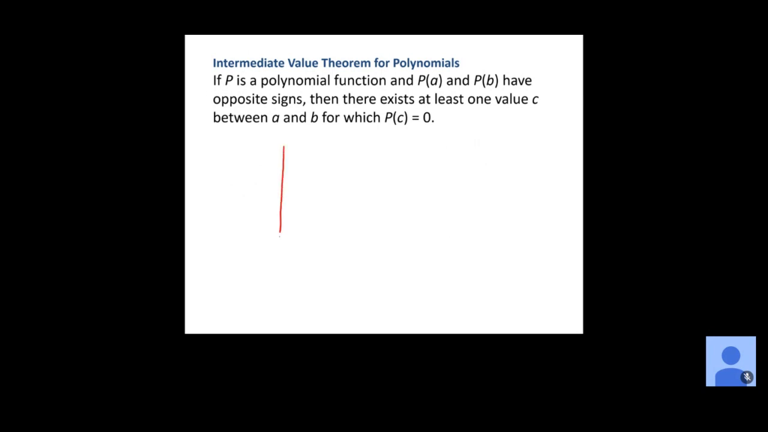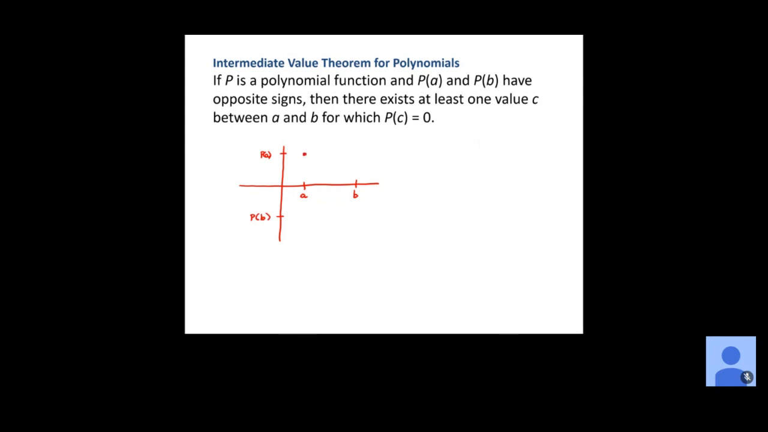I'm going to sketch a graph here. And so what I know is that I have an X value of A and an X value of B. So along my X axis here, I'm going to put my A and my B. Now, we have a polynomial function where P of A and P of B have opposite signs. Well, P of A and P of B are the Y values now of my polynomial. And they have to have opposite signs, meaning one has to be positive, one has to be negative. It doesn't matter which is which, but I'm just going to put P of A up here, and I'm going to put P of B